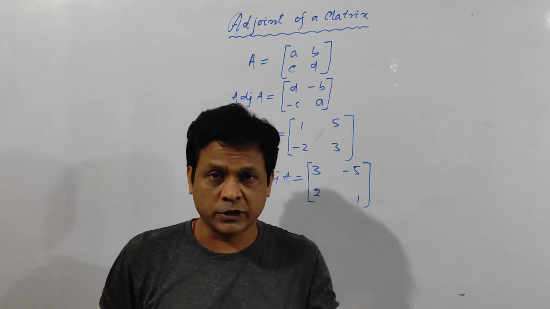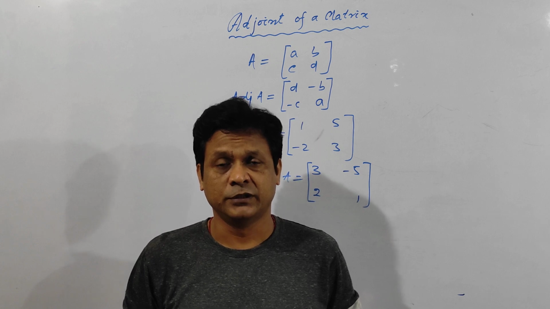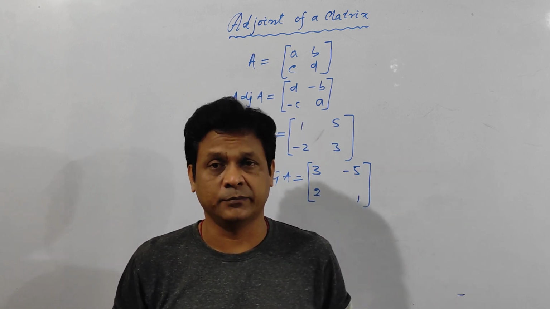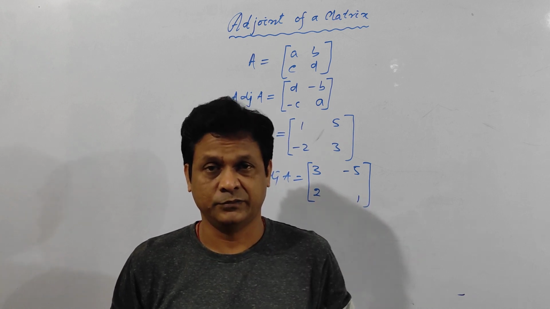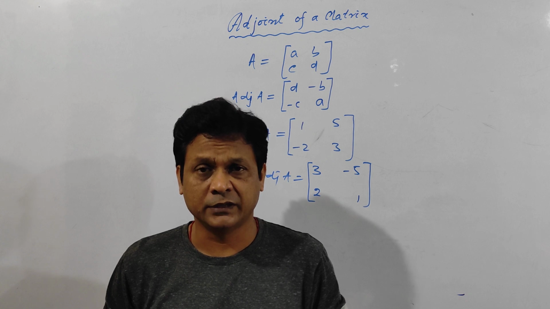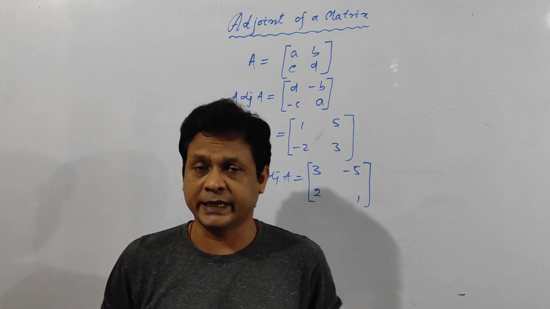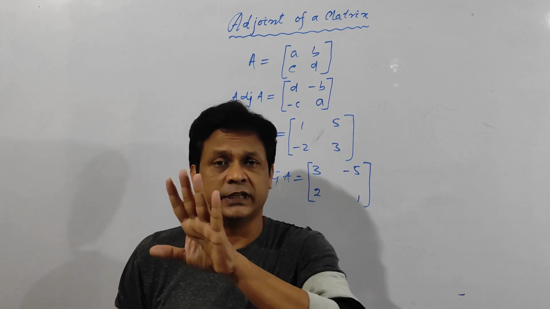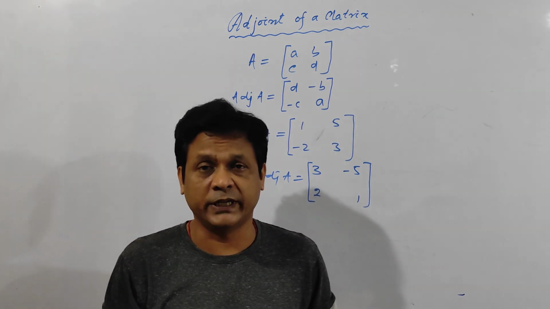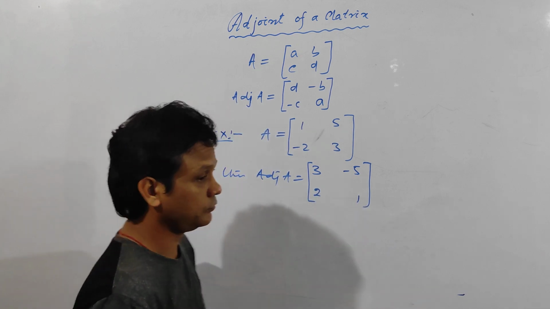And the process which I am going to tell you will also take 30 seconds. But there is no possibility of getting an error in positive negative sign, 100%. The same time it will take. The only difference is that in your process there is a possibility of getting an error in signs, but in my process there is no possibility of error in signs. Okay, so let us see how to find out the adjoint of a 3 by 3 matrix. Clear?